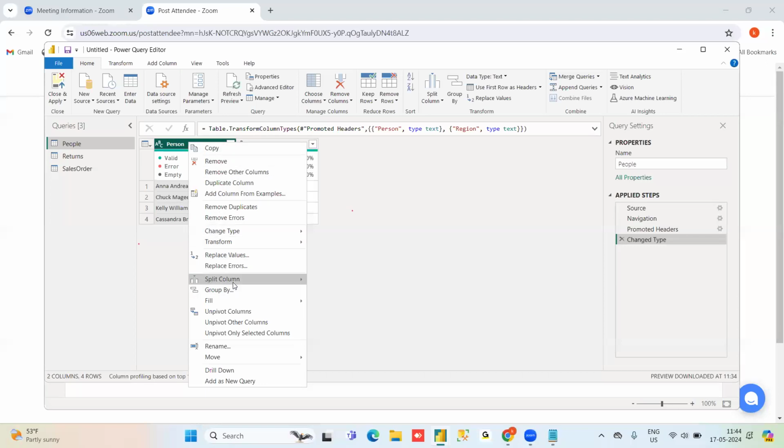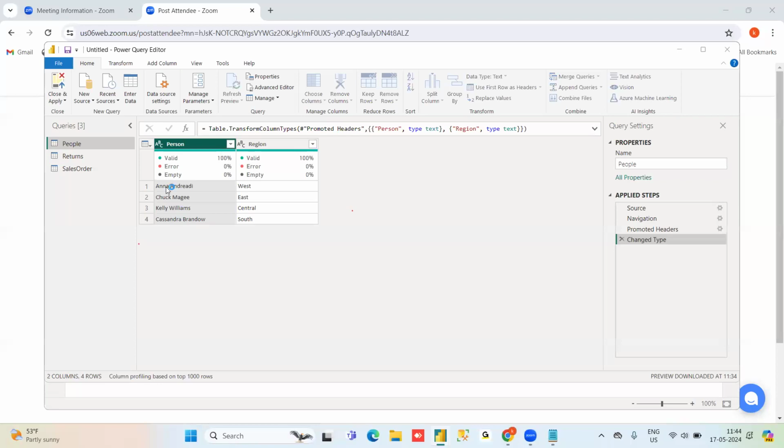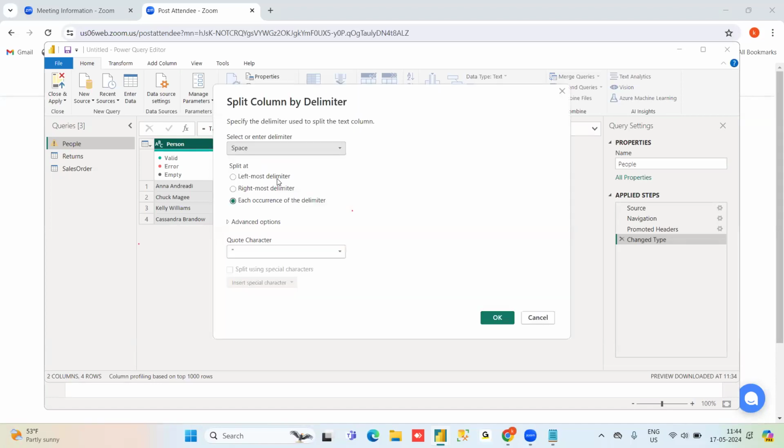I am going to split that column as per my requirement, whether based on a delimiter. If I have a space between the things, I can do that, but here few names only have a space. So how am I going to split this column, you can see.